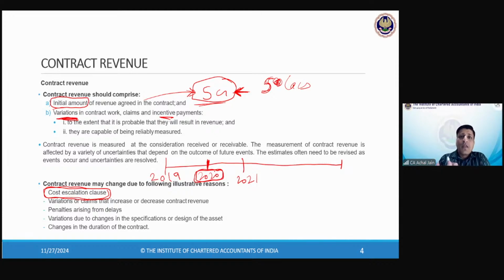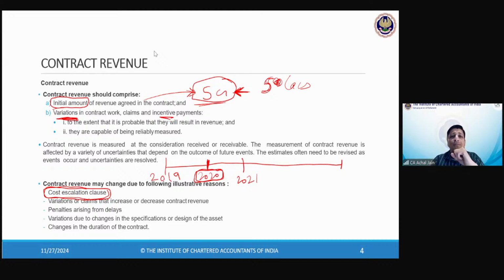Yes or no? But did the work get completed in 2 years? Tell me, did the work get completed in 2 years? No. Okay, now tell me, if the work got delayed beyond the agreed time, who was at default? Was it the customer or the contractor? Who was at default in this case? Who do you think was at default?